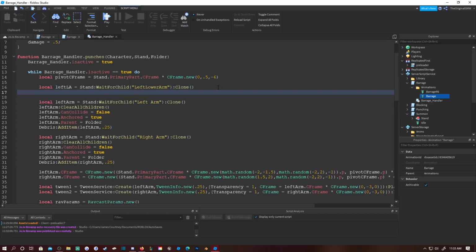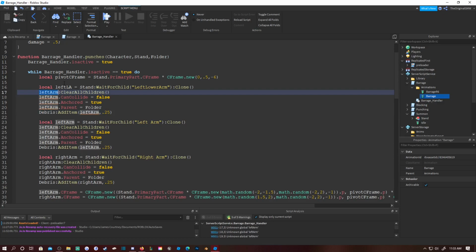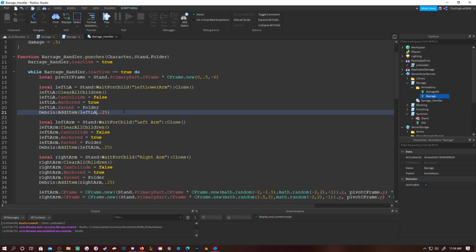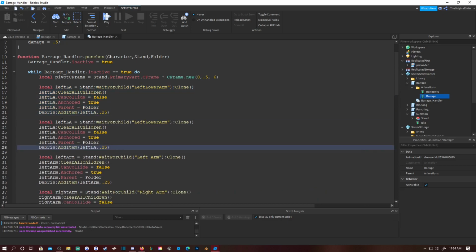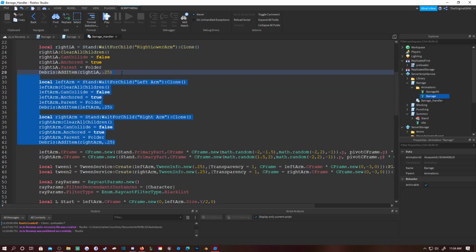So now that we have that, this should be easy. You can copy pretty much what you did here and just paste it there, and it's gonna give you an error saying left arm is an unknown global. So you just paste the name of your variable right here for the left lower arm in place of left arm. And then you just want to do the same thing for the right lower arm. So we're just gonna call it right LA. Then make sure it's the right lower arm. And you can remove these,